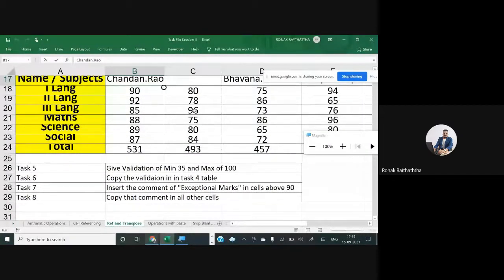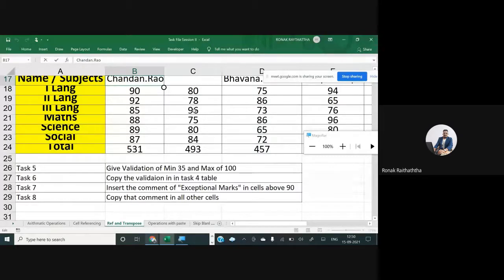Friends, if you want to put some restrictions on the cells, you may use the data validation functions. Now see, the marks are given to us, and I have checked the answer sheets and come to know that no one has got less than 35 marks. Obviously no one will get more than 100 marks as well. So if anyone tries to put any marks outside this range, say less than 35 or more than 100, then Excel should restrict that person while inserting the marks.